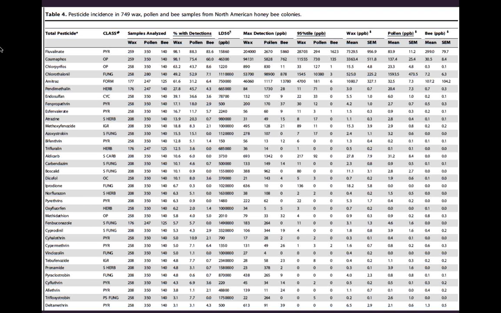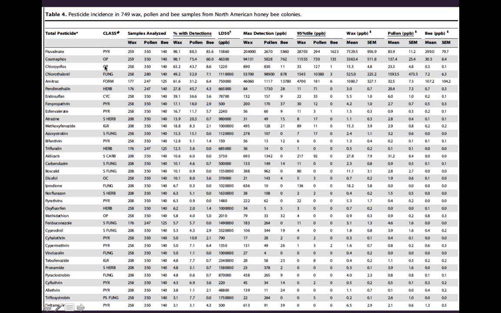But because the wax is highly lipophilic, that means it acts like a sponge for all of these chemicals, and because we don't change wax very often as beekeepers, all of these chemicals get trapped in the wax year after year. So the two most commonly used chemicals, fluvalinate and coumaphos, were found in 98% of the samples of wax, about 80% of the pollen samples, and about 60 to 80% in bee samples. So that's not